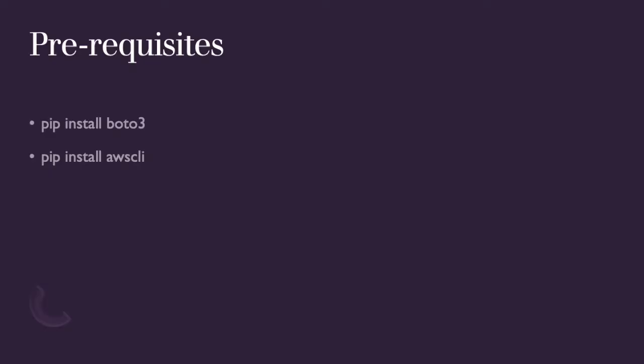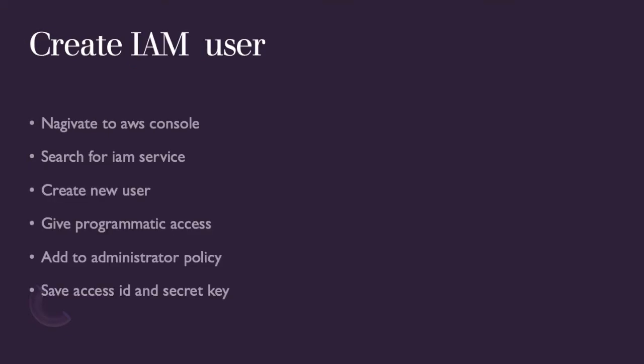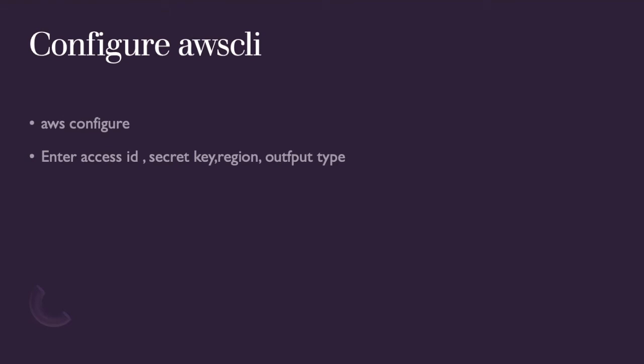So first things first, we all know the prerequisites: install Boto 3 and AWS CLI, and next you have to configure your IAM users. In this tutorial I'm not going to do these steps, because they're already done. But if someone is not familiar with this process and is watching for the first time, they can go ahead and search for the AWS automation series from our full course or playlist. In the first tutorial everything is mentioned and we've explained it by doing. It's hands-on and I have done it very slowly.